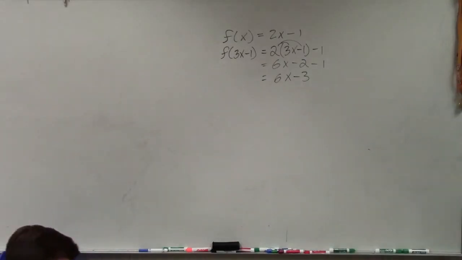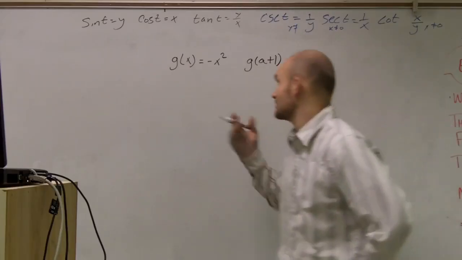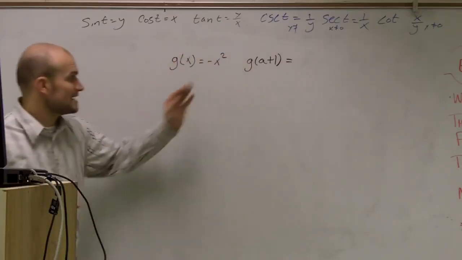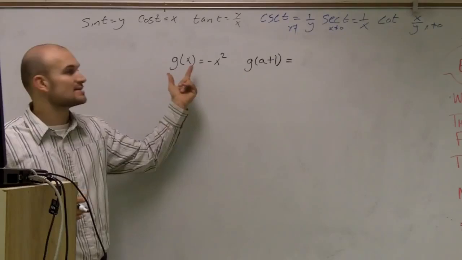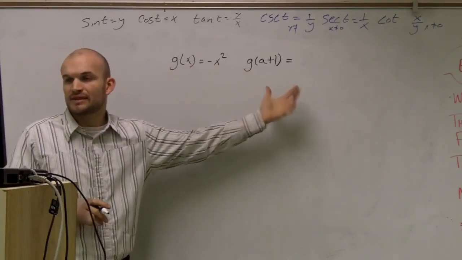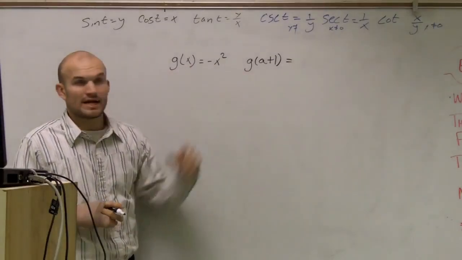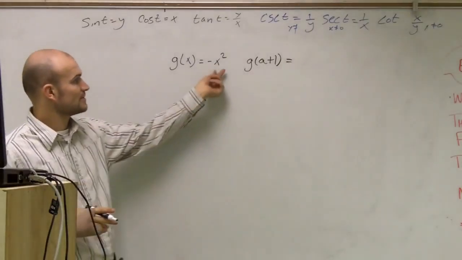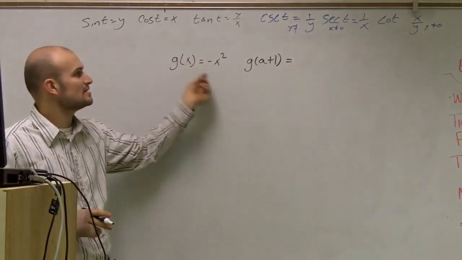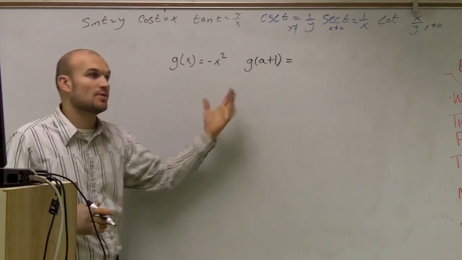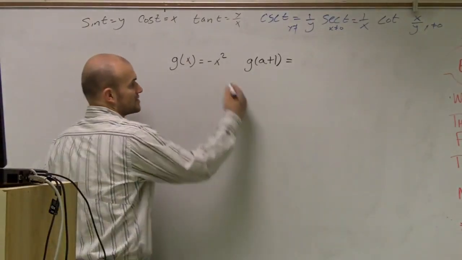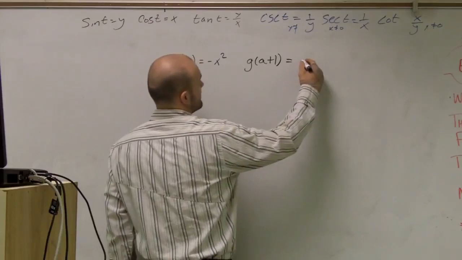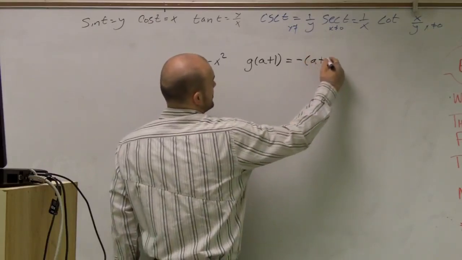OK, so what I want to do for this problem is evaluate g of x equals negative x squared. Instead of in terms of x, I want to evaluate the value of my function g for a plus 1. So this represents the value of my function at x. To find the value of the function at a plus 1, I'm going to plug a plus 1 into my function, negative x squared. So I have negative a plus 1